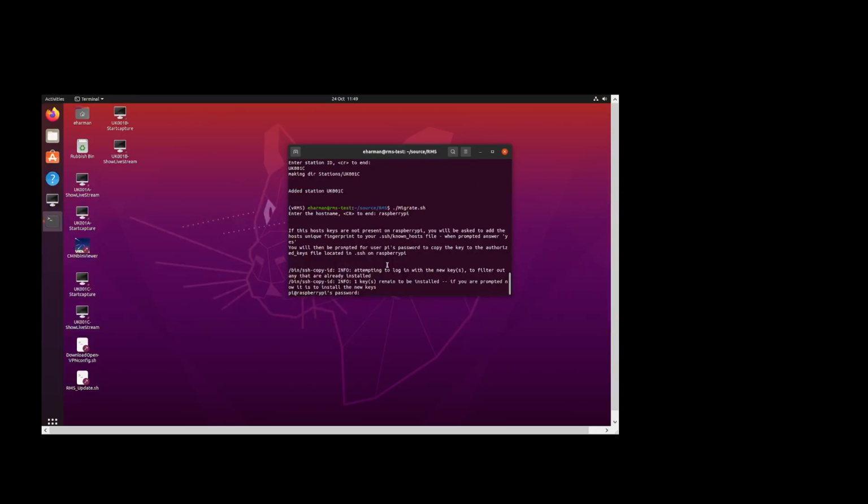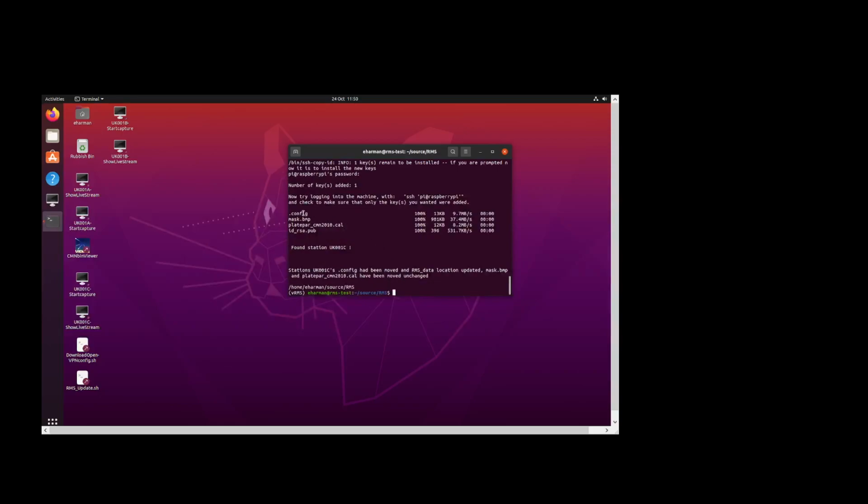And it's prompting for the password, because what it's trying to do is an SSH copy ID, and so it's going to copy the public key that exists on this host into the Pi, and then thereafter you can do things like SCP without having to enter a password. So it's secure. So put in RMS, Raspberry,